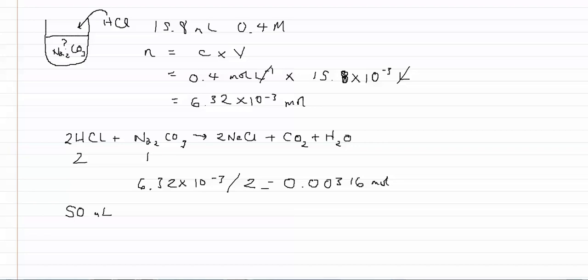we can then calculate the actual concentration of the sodium carbonate present. So we had 50 ml starting solution. We can use our relationship that the number of moles is concentration by volume. We know the volume and we know the number of moles. So you rearrange the equation to get our unknown term C. So the concentration is number of moles divided by the volume, which is the 3.16 times 10 to the minus 3